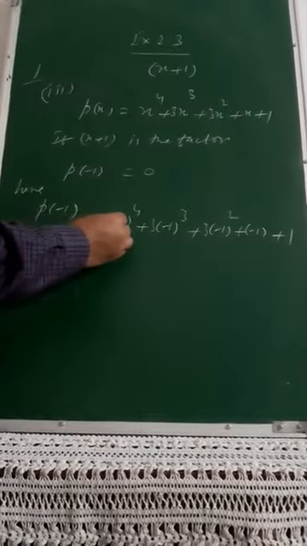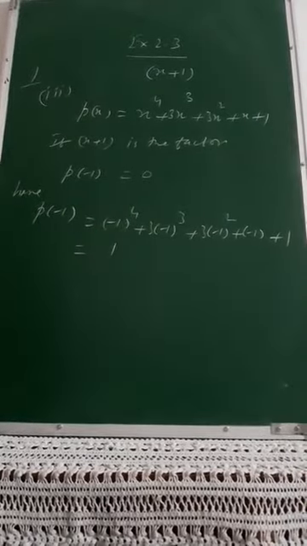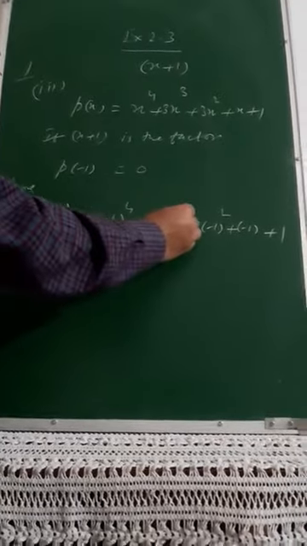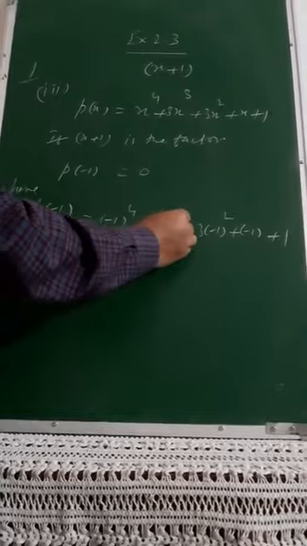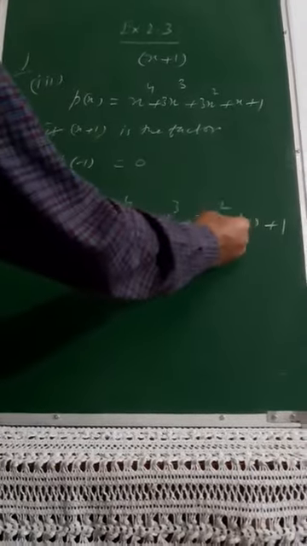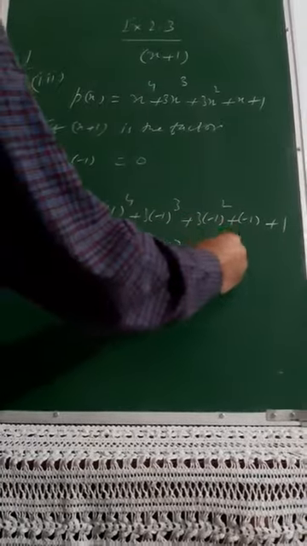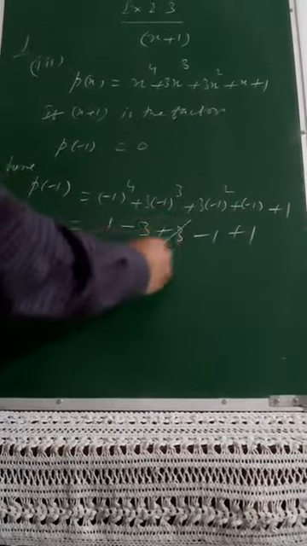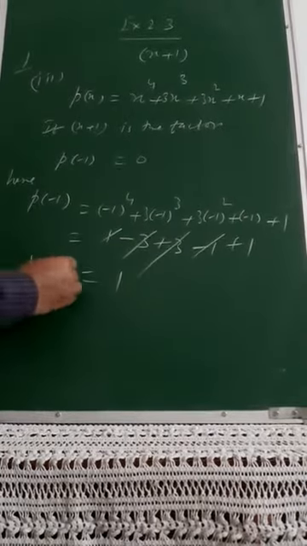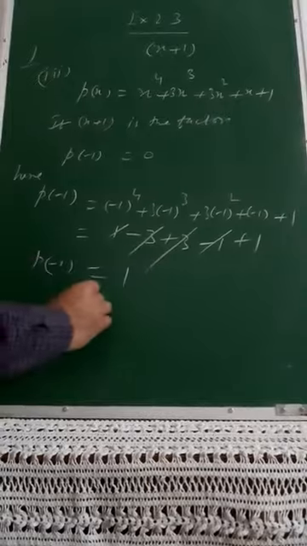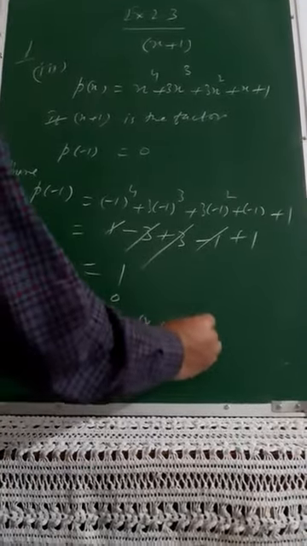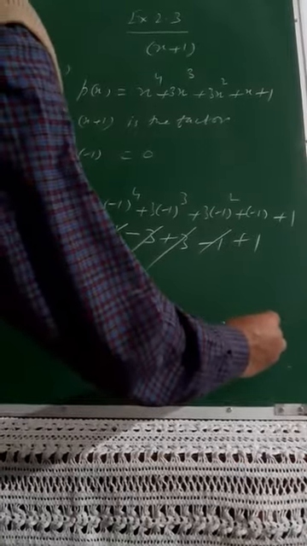So whenever the base is negative and the power is even, the result is always positive. Here plus into minus, because the power is odd and the base is negative, it will remain minus 1, and into 3 will make it minus 3. Here again even power, so this will be plus 3. Here it is minus 1 and here it is plus 1. 3 minus 3, 1 minus 1. But your remainder p of minus 1 is equal to 1, which is not equal to 0. So therefore your x plus 1 is not the factor of